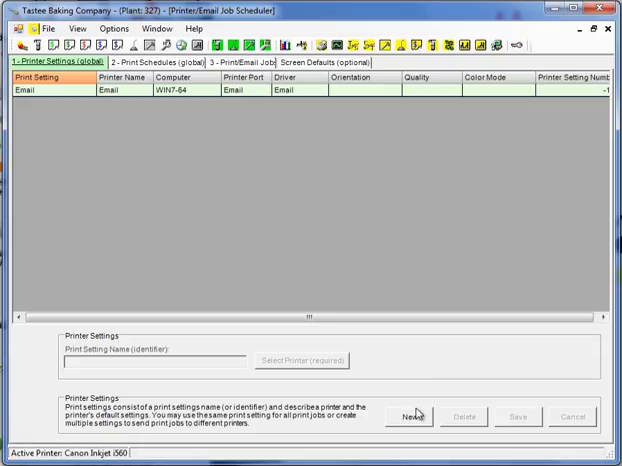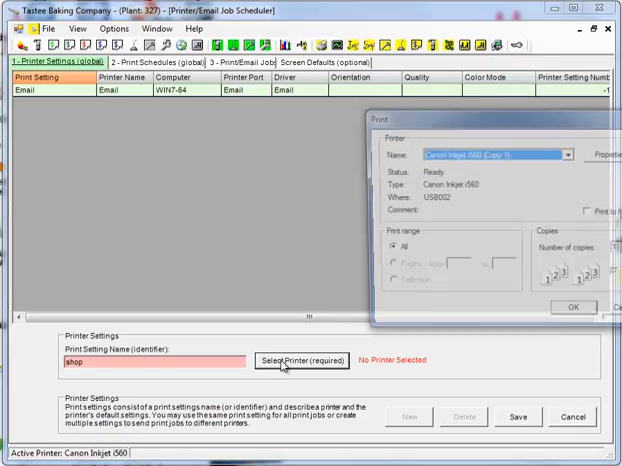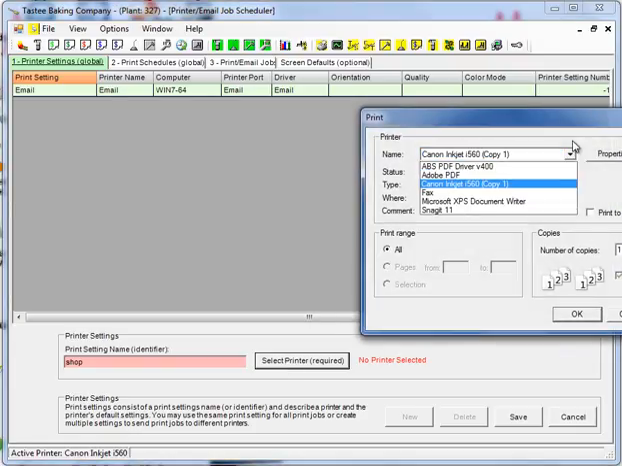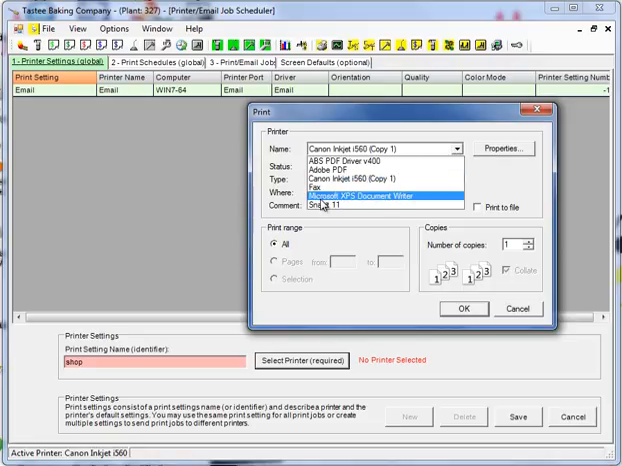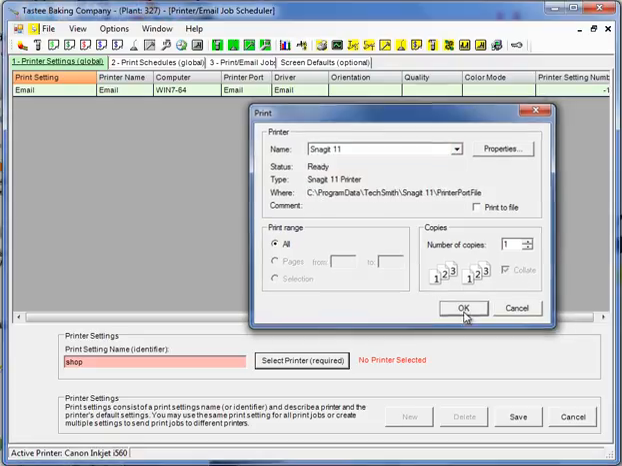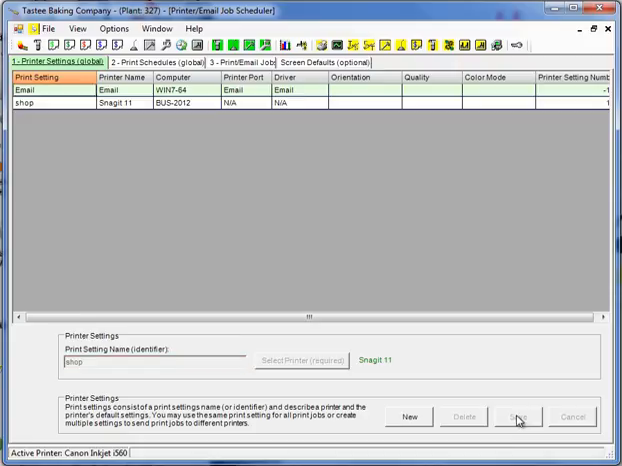Okay, so I'm going to go ahead and create the where to print, and in this case it's going to be a printer. I'll give my printer a name, call it the shop printer, and I'll select a printer. In this case I'm going to select a print emulator. Click OK, save that,